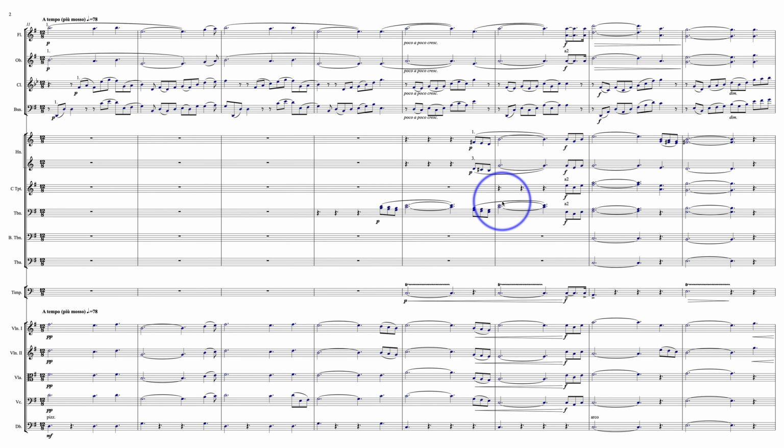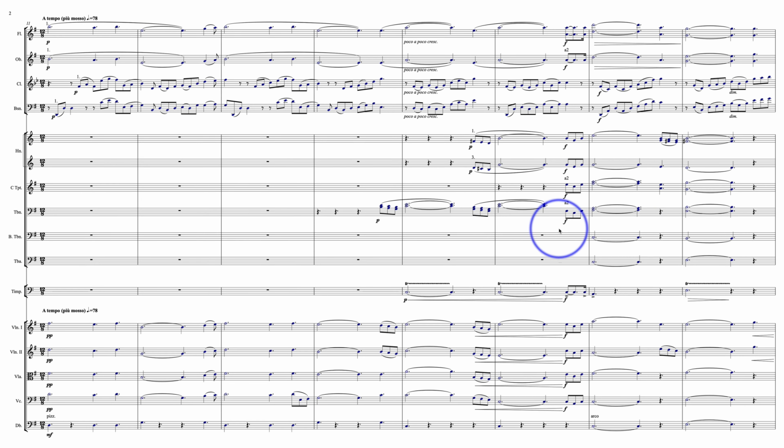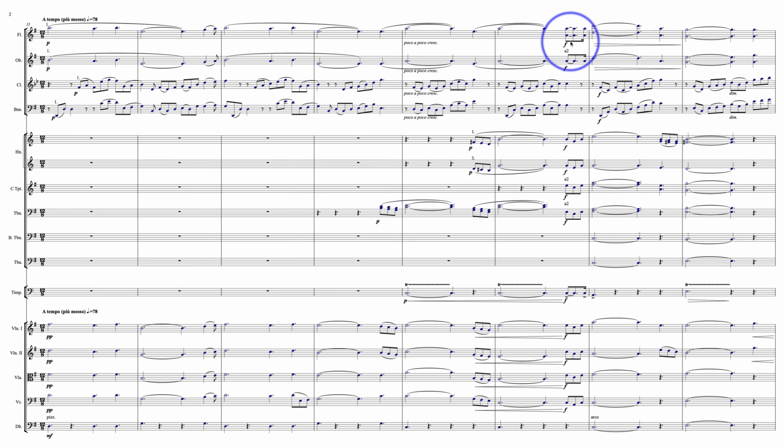I just really think it's really cool the way you bring in the brass and the horns and timpani right in here. So cool. I just really feel it's wonderfully warm.